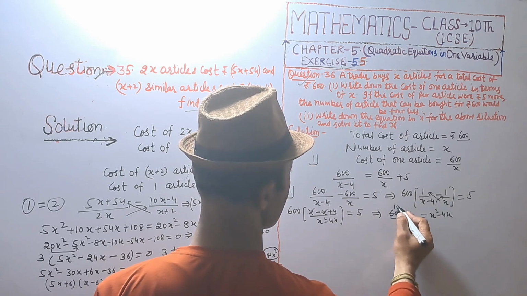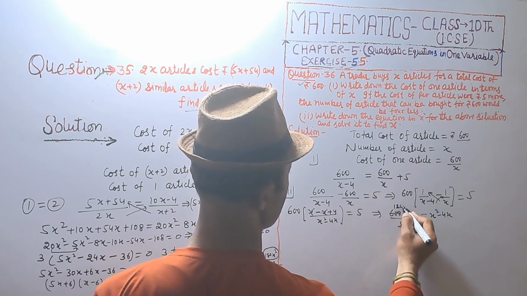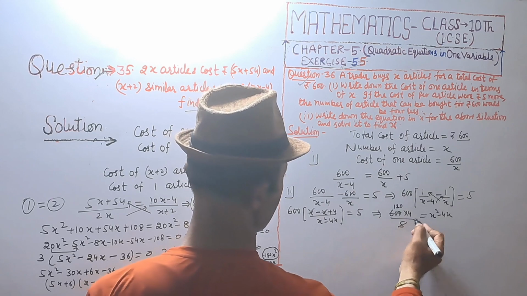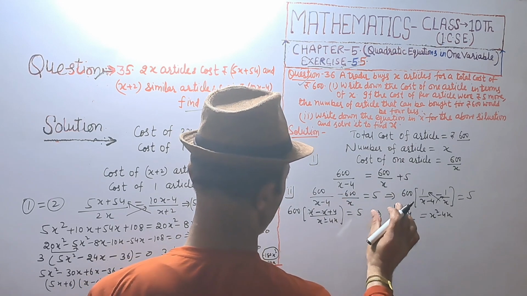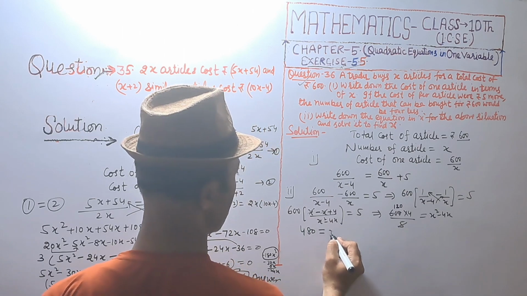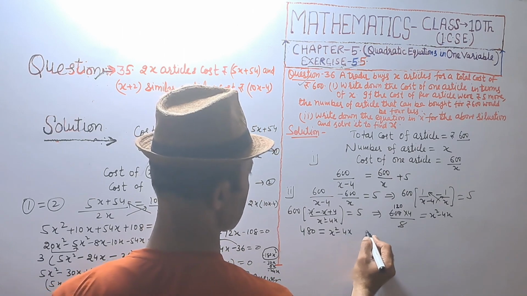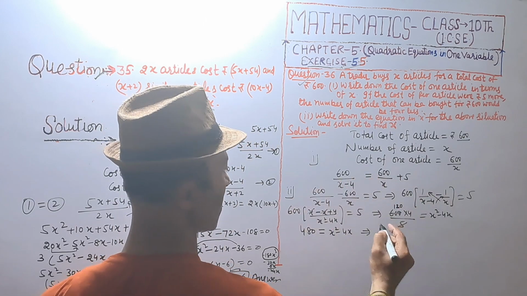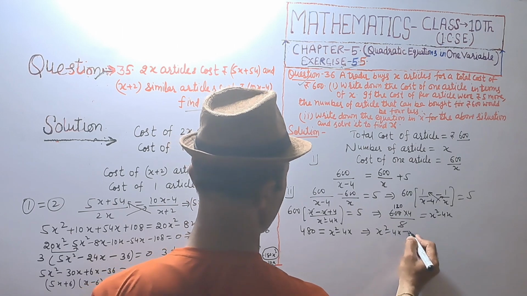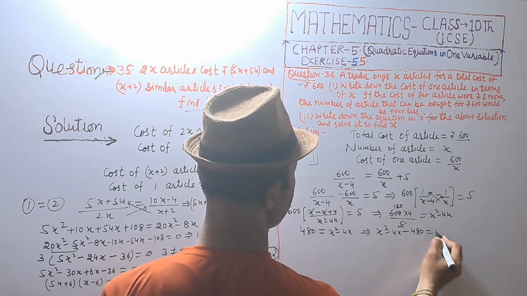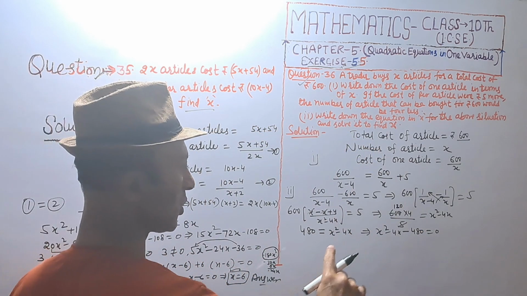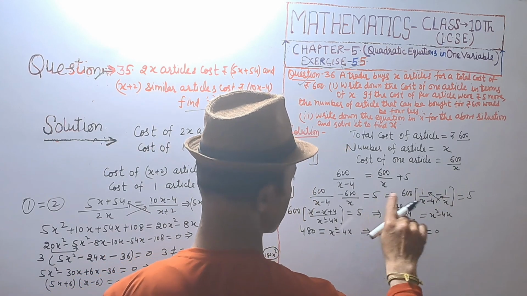And 12 5s are 60. 120 5s are 600. 120 4s are 480. 480 is equal to x square minus 4x, which implies this is shifting to the right side, and x raised to power 2 minus 4x minus 480 equal to 0. We are factorizing. Multiplication of first and last is